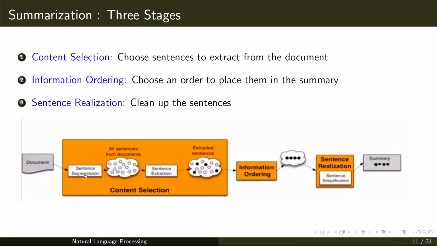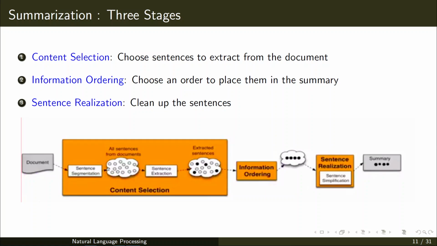So the first process is that the document is segmented into different sentences. All sentences from the document will be available as a pool now. Now you extract the sentences which are actually relevant or important. Then the extracted sentences are the relevant ones only.